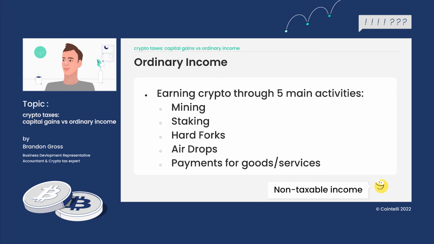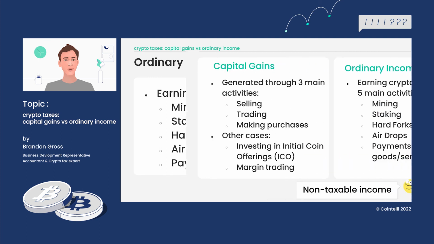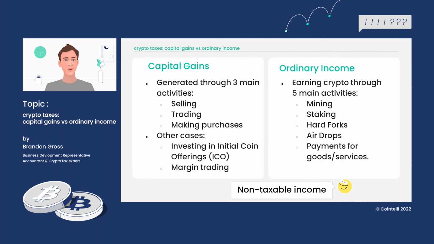And also receiving payments for goods or services. It's just like if you do a job and instead of receiving cash, you receive Ethereum or any of the cryptocurrencies out there. That's probably the simplest one to understand. Is any of that unclear? I'm going to go into a little more detail in another lecture, but for now, was that clear to understand?